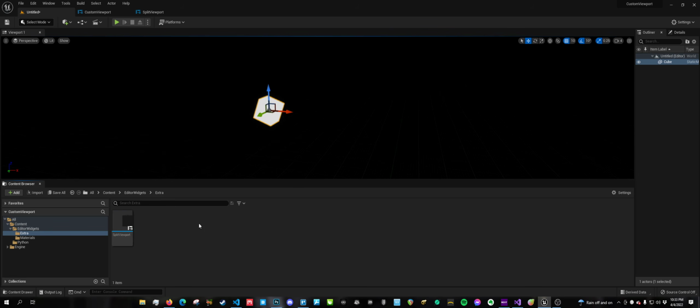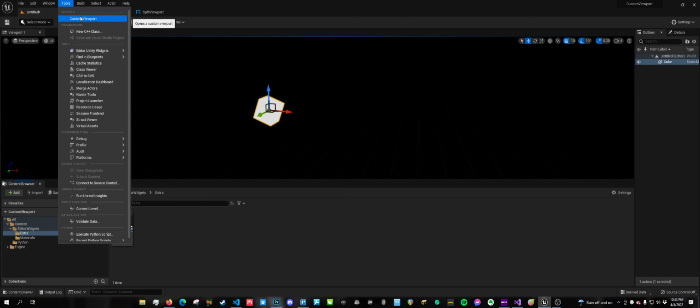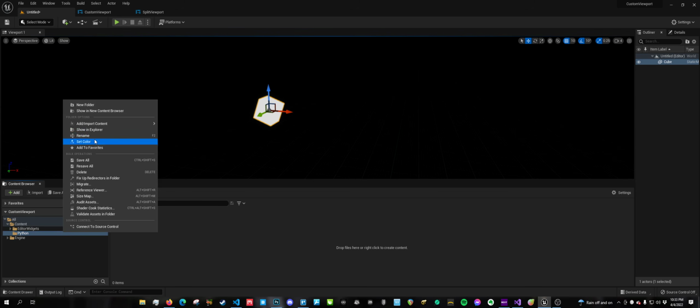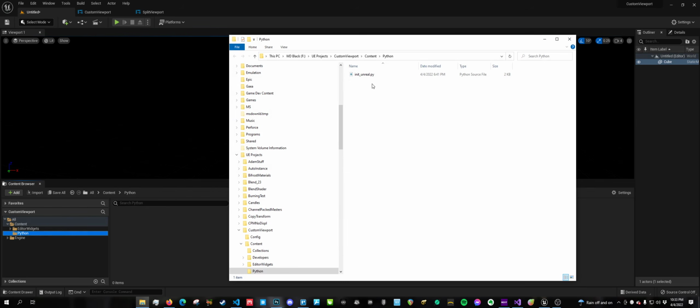And I said that I would show how to do the tools view here and opening up our viewport. So what you have to do here is create a Python folder, right? It doesn't look like there's anything in here, but there is. I'll show you that now. If I show Explorer, right, show in Explorer, I have a single file. And if you do this, you have to name it